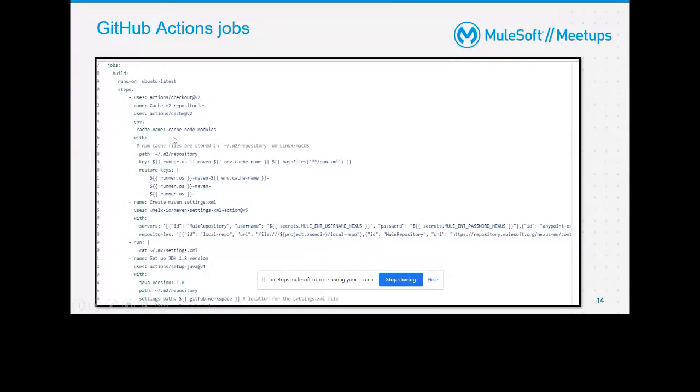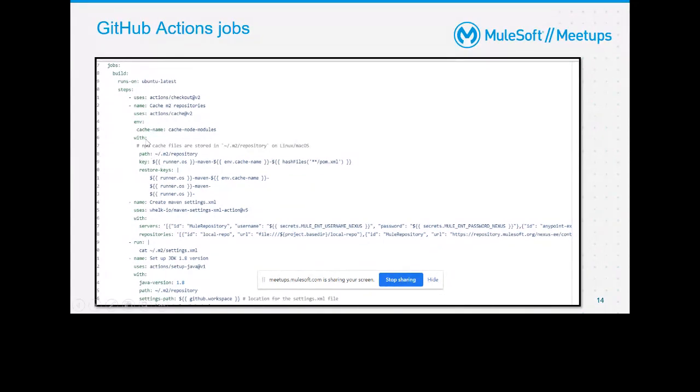So this checkout gives us access to that code repository. And now we also have to do some caching, because every time we don't need to wait for loading all the dependencies. So we will enable the caching, so it will cache it, so that next time the build will maybe be a little faster.